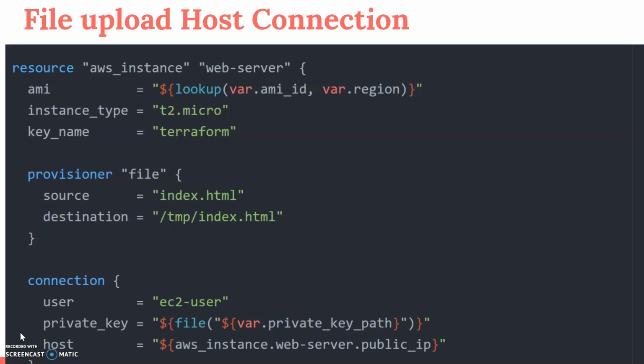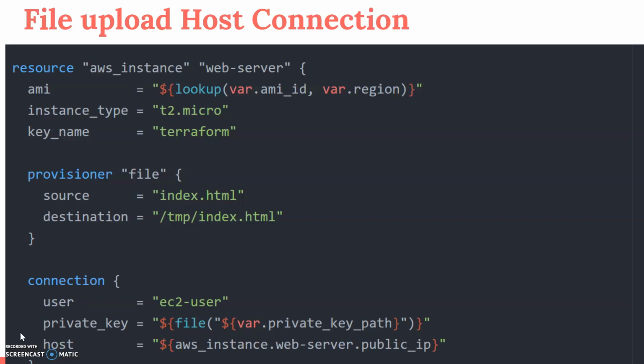So the next one is the connection that the upload works with. The connection works on username and password with SSH. Here I have given the username as ec2-user by default. All AWS AMI instances have the default user ec2-user, and here I have given the private key. If you want to disable the private key and enable a password, you have to enable the password over here. You have to pass the username and password in that case, but by default the private key has to be passed. So I have passed the private key which I downloaded before my server configuration. You can configure your private key from the EC2 console.